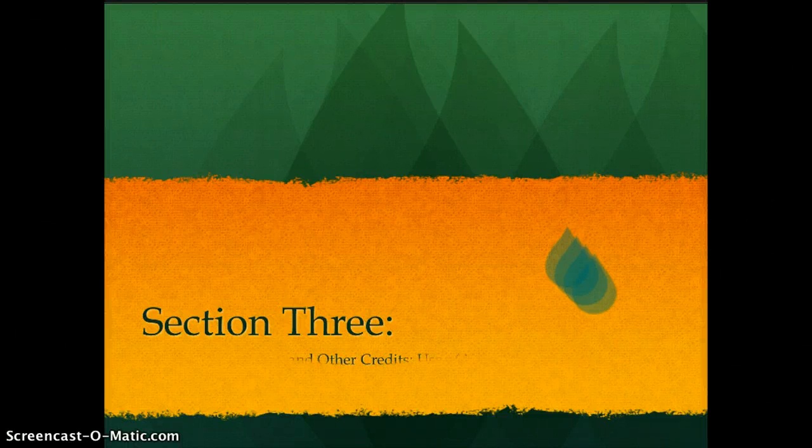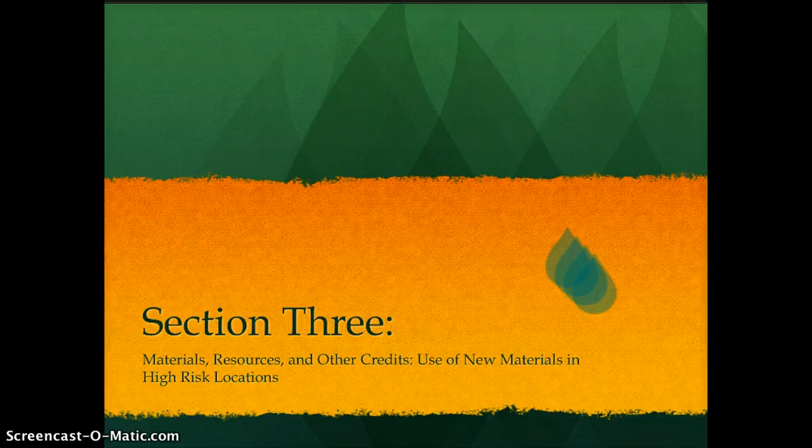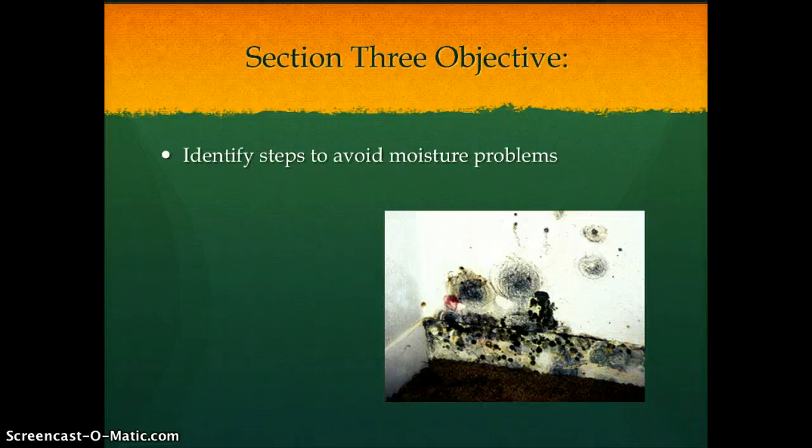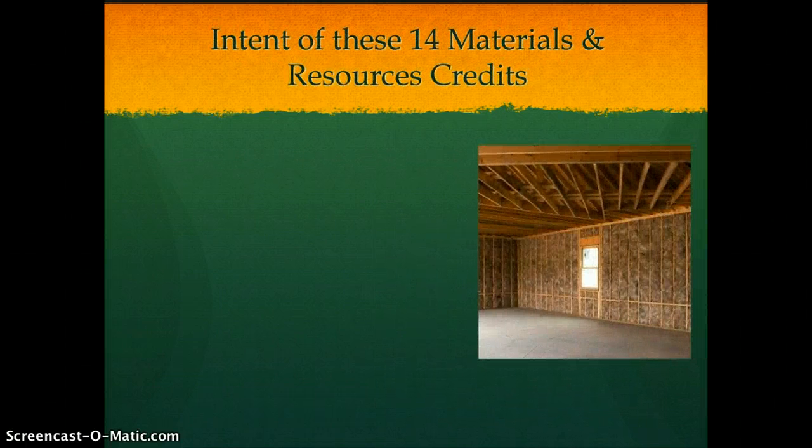Hello, and welcome to Section 3 of the Hidden Risks of Green Buildings course. The objective of this section is to identify steps that the designer can implement to avoid moisture problems when using new wall system products. The focus of Section 3 is to take an in-depth look at the intent of 14